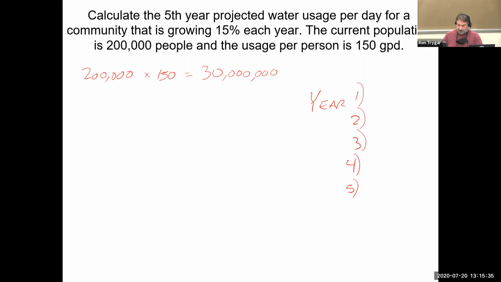So we got 30 million gallons a day. And now my growth factor is 15%. So instead of just trying to figure out the 15% and keep adding it back in, we're just going to multiply each year by 1.15 because that's my new multiplication factor. So 30 million times 1.15 is 34,500,000. So 34,500,000 for year number one, times 1.15, and I get